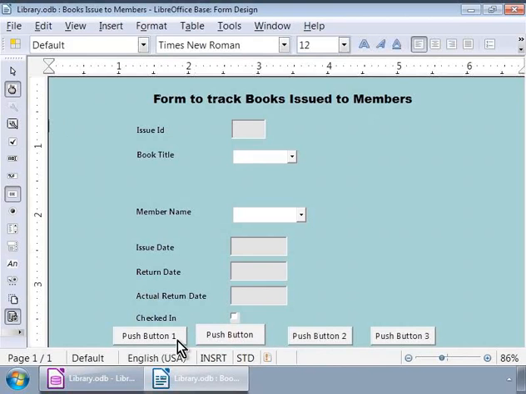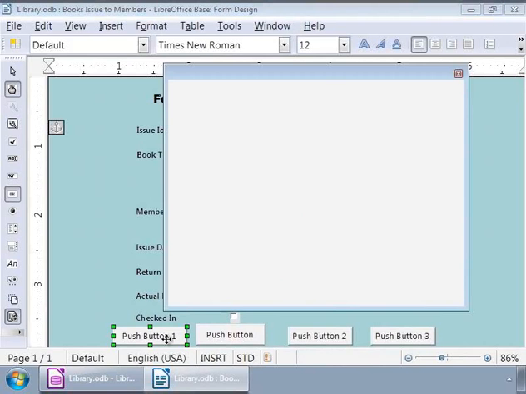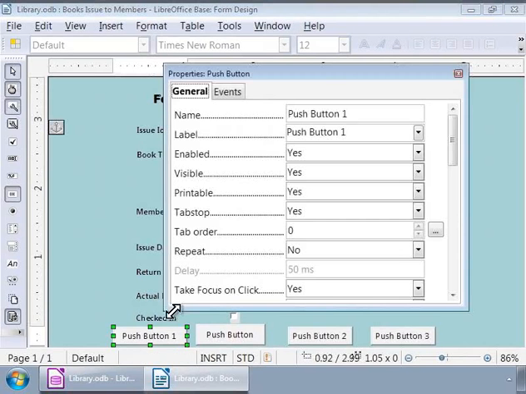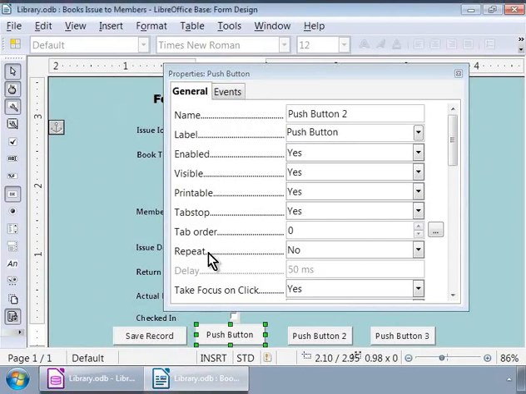To do this, double-click on the first button. We now see the Properties window. Here, let us type Save Record against the label. Now, let us click on the second button on the form.